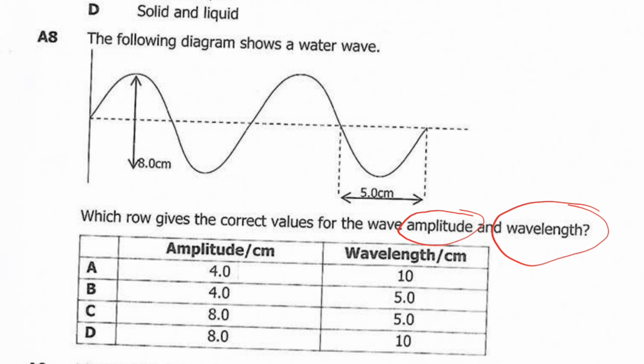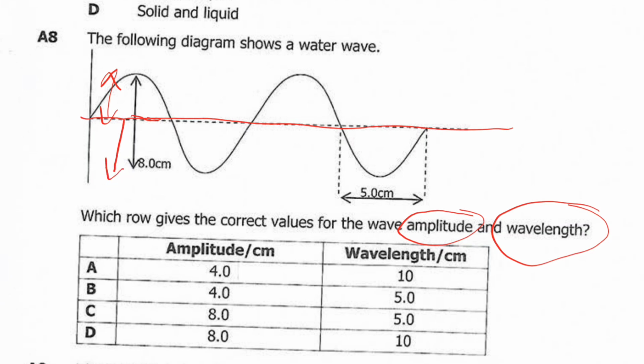So what is an amplitude? An amplitude of a wave is the maximum displacement of a particle from its resting position. So this is the resting position. The maximum displacement of a particle from its resting position. So from this resting position up to here, or from the resting position down here,